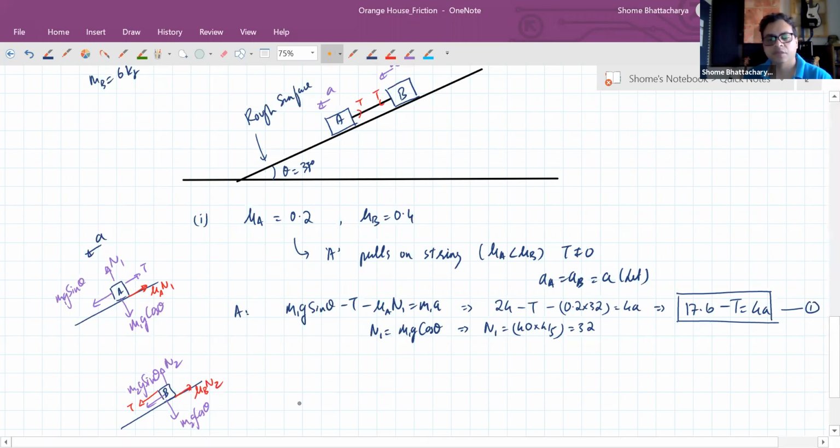Okay. So for B we have the equation T plus m2g sine theta minus friction is equal to mass into acceleration. So this will become